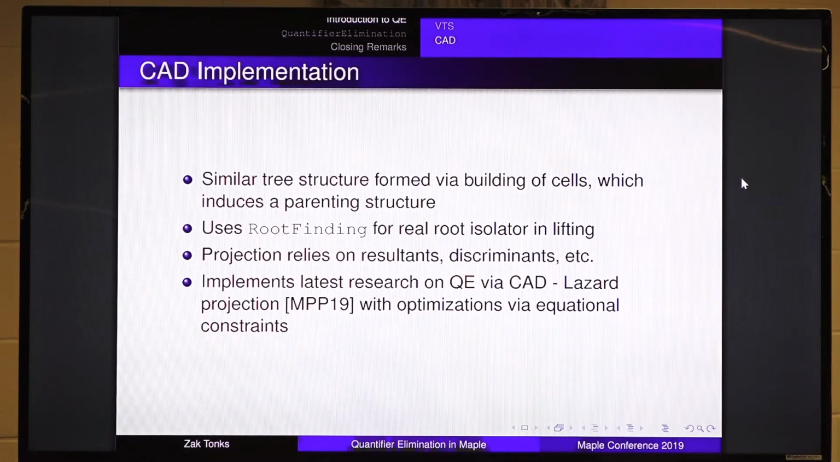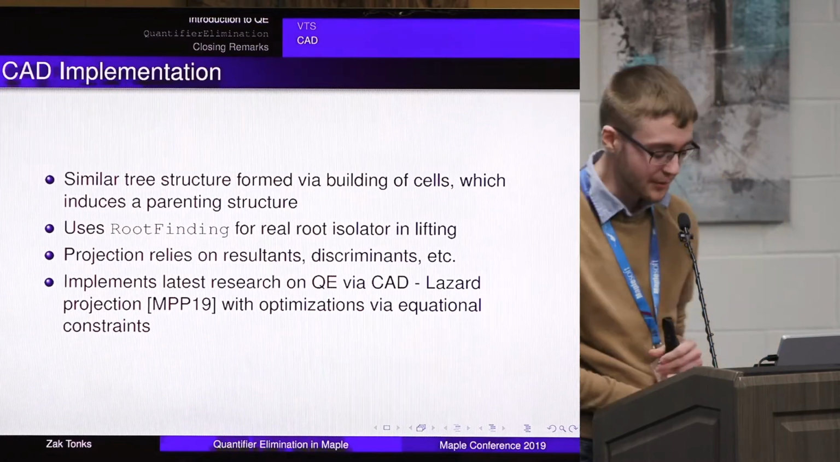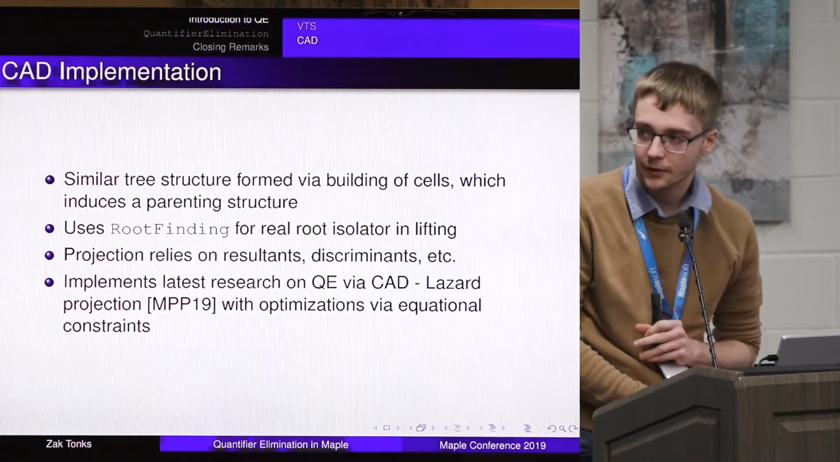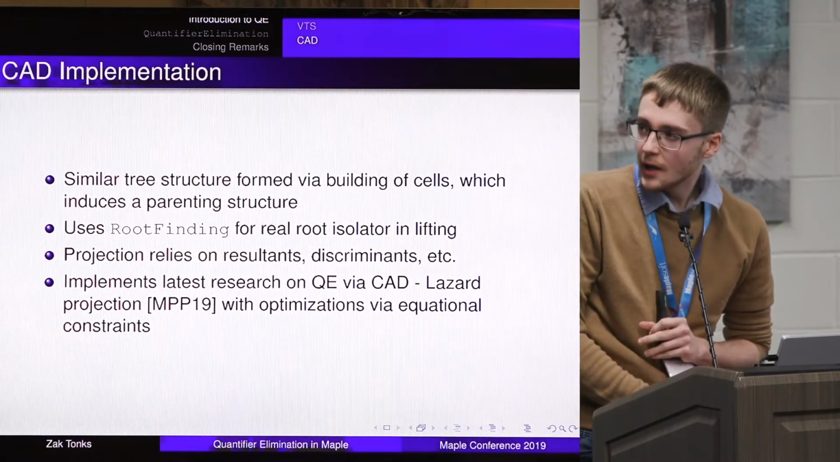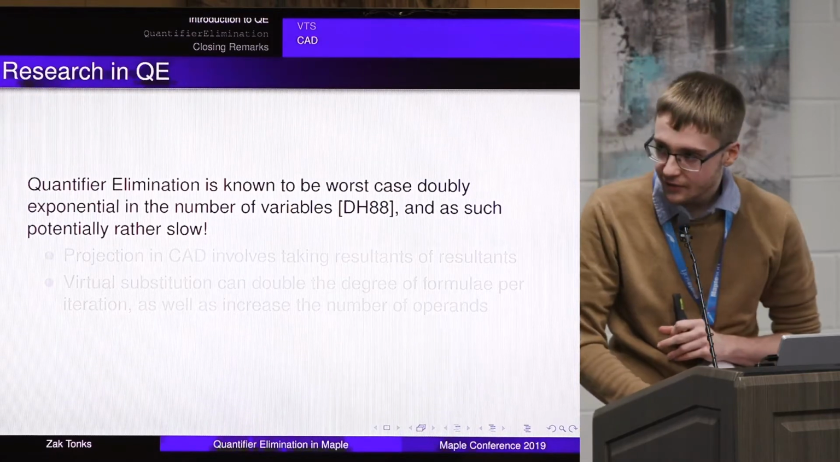James Davenport back in Bath and his other student Akshar, they work a lot on that. They're trying to prove the validity of equational constraints, which I won't go into too much for Lazard projection. So currently, it tentatively includes that. It might not completely make it to release. We'll see. So quantifier elimination is slow. Worst case, double exponential in the number of variables. So